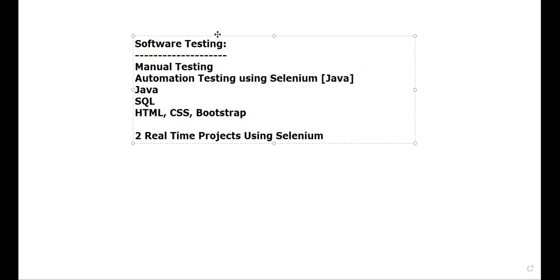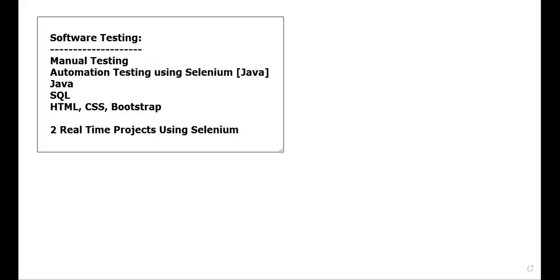Now observe properly. If you ask me, sir, is there any prerequisite for this course, sir? There is no prerequisite. If you are aware of normal English, whatever I'm speaking, then you'll understand manual testing, automation testing, Java, SQL. Sir, is any programming language required, sir? No. Why? Because from scratch I'm teaching Java, from scratch I'm teaching automation testing, from the beginning I'll be teaching manual testing.